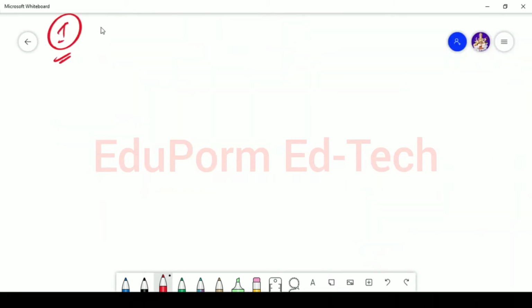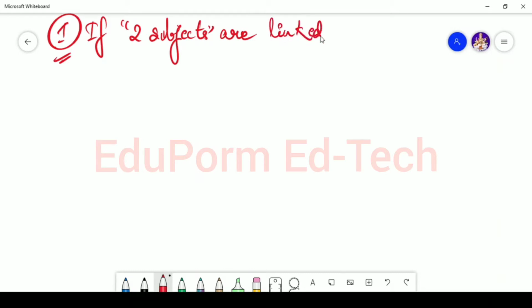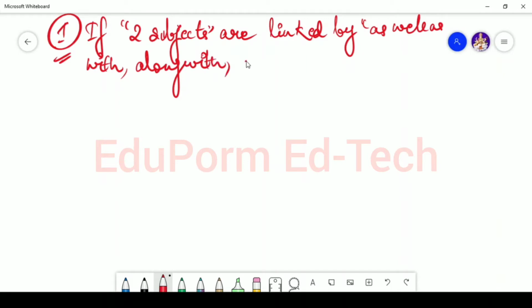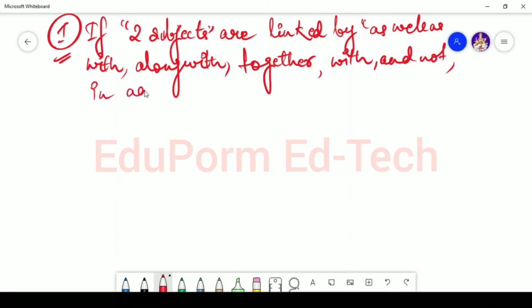First of all, I will say that if two subjects are linked by as well as, or with, or along with, or together with, and not, or in addition to,